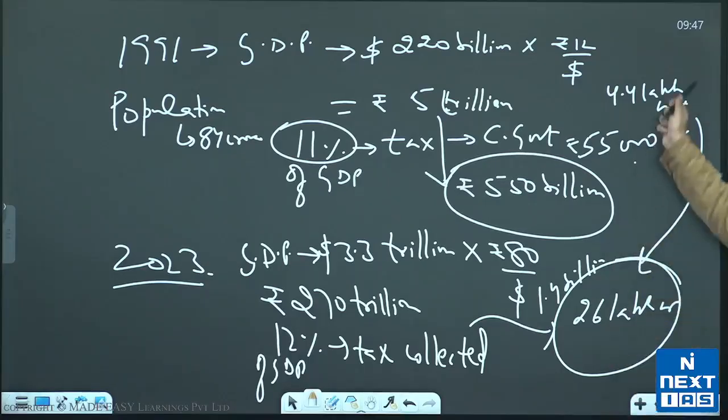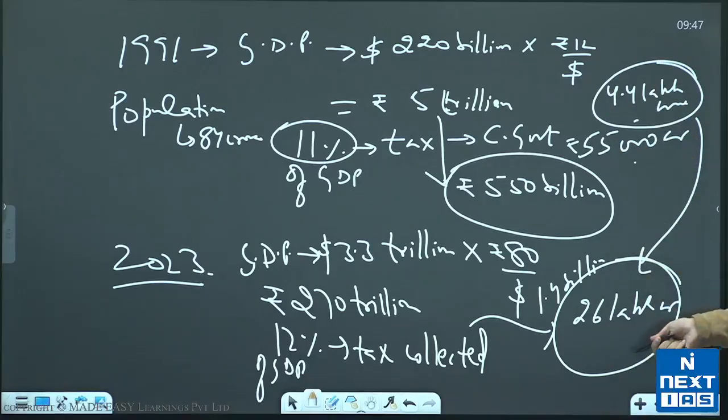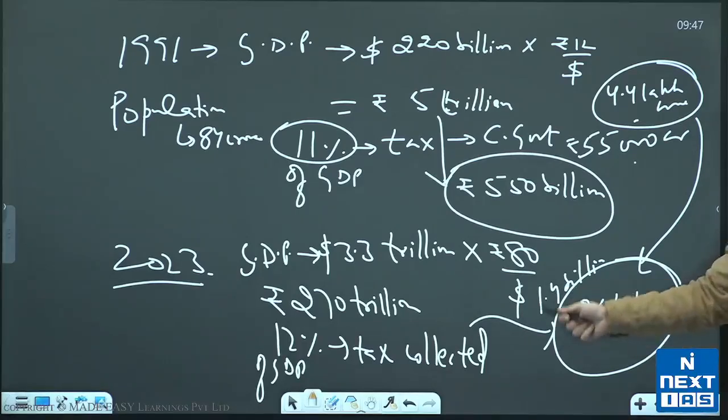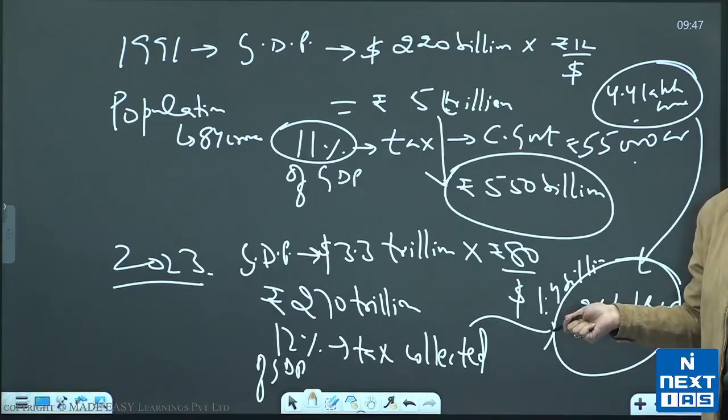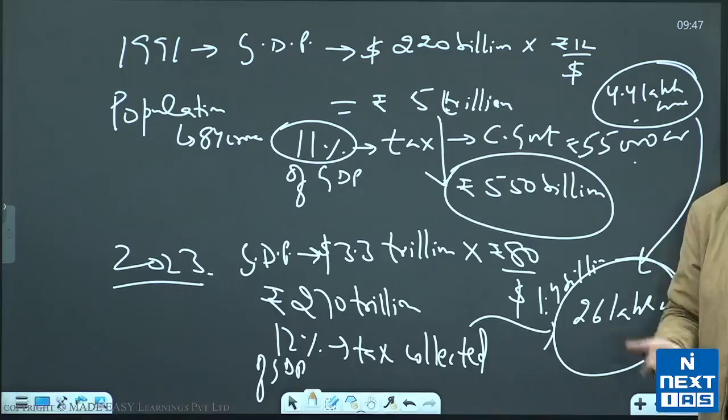You can imagine even in real terms, the tax collection is huge today compared to what we had, say 35 years back or 30 years back, with population not having grown that much. 84 crore has become 140 crore. So government has much more money today to help people than what they had earlier.